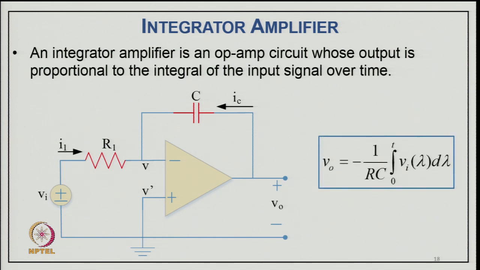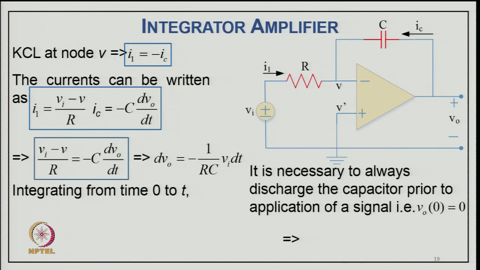V0 equal to minus 1 upon RC, integral from 0 to t of VI(λ) dt, and here is the proof of that. So, KCL at the node of V, we can say I1 equals IC, because V dash is at ground potential and no current is flowing to any other path. So, the current can be written as I1 equal to (VI minus V) upon R, and IC is minus C dV0 upon dt, or you can write (VI minus V) upon R equal to minus C dV upon dt, or dV equal to minus 1 upon RC into VI dt,